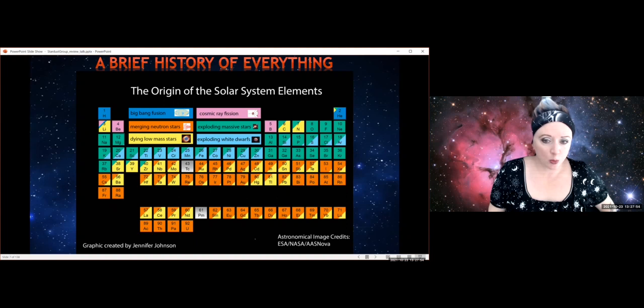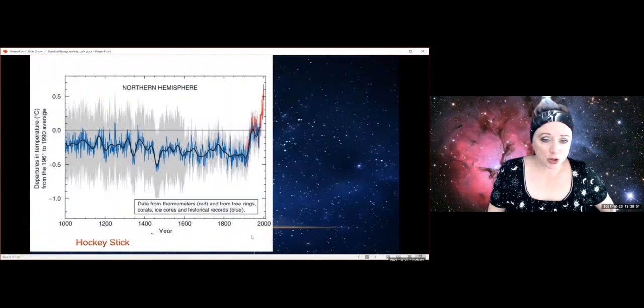Now let's talk about where the dust that some of these elements form, why that is important in space. And to do that, I want to take a terrestrial perspective. So here what I've got is what's known as the famous hockey stick curve of global temperatures. So this is basically a measure of how the Earth's temperature is changing from the year 1000 all the way up to 2000, where they're taking the average in the 60s to 1990, so around here, as being the 0 point. So what you can see is that for most of that time, yeah, it's wiggling about.